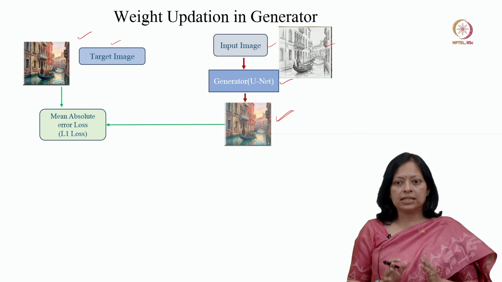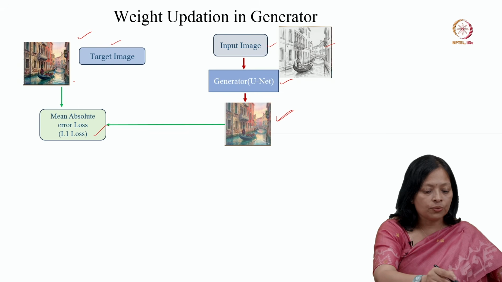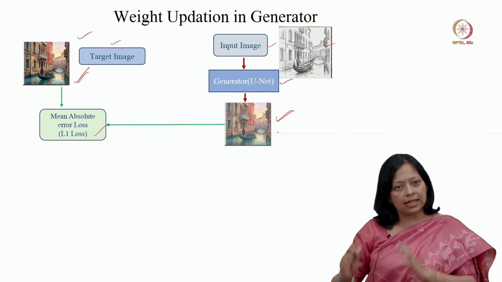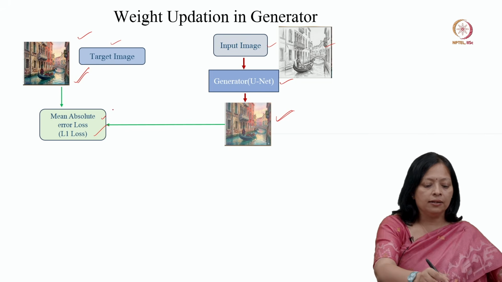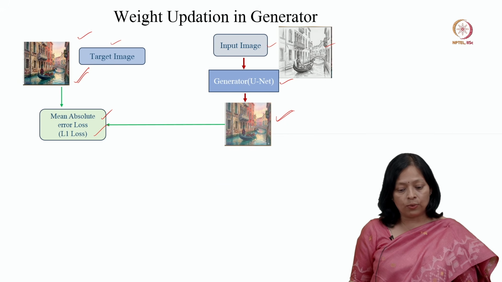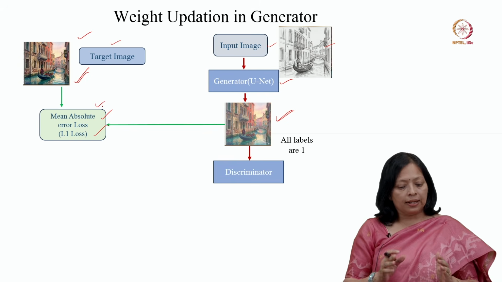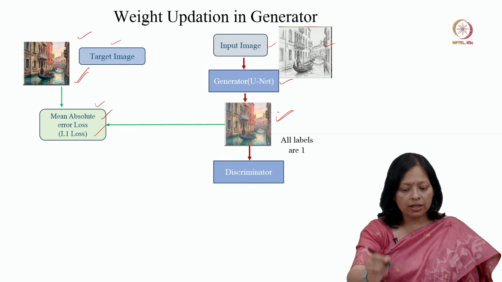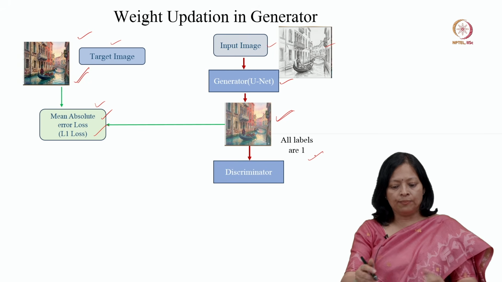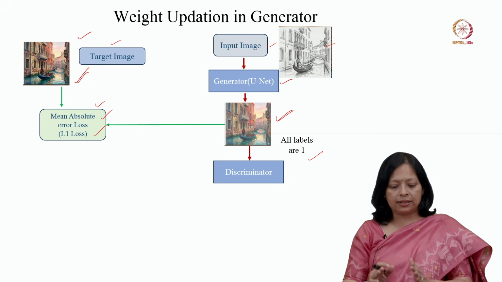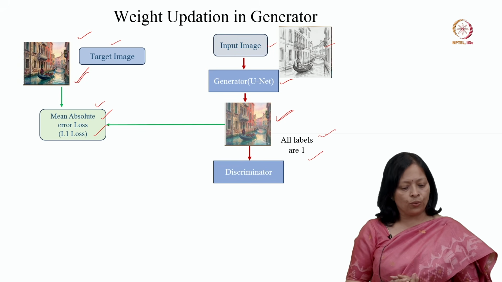So, what exactly does it mean? It means that this mean absolute error takes out the difference between the actual target and the generated target. Okay. So, pixel by pixel, how much it is varying, that is captured by the mean absolute error loss, which we call the L1 error loss. Now, this is one part of the error. Now, this generated image by the generator goes to the discriminator, and all labels are 1. I will explain this a little later. We will first see the entire process, and then I will come to why I have written all labels are 1. Okay. So,